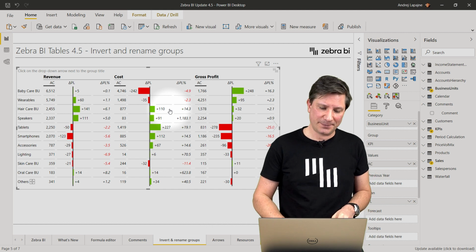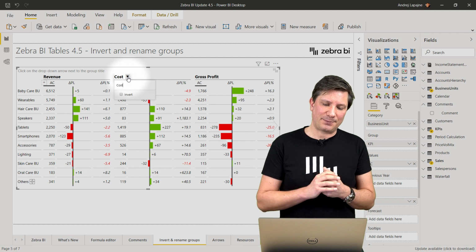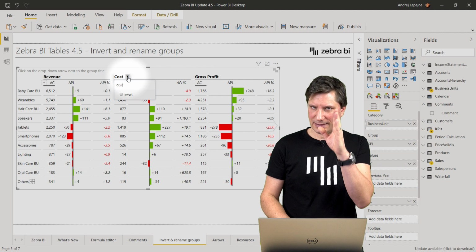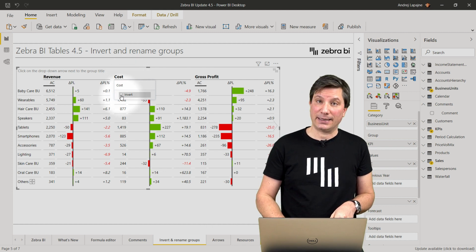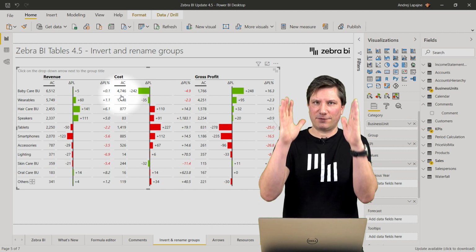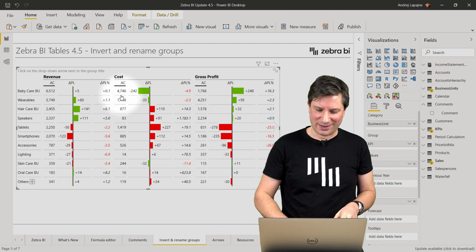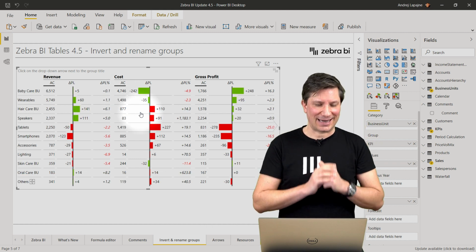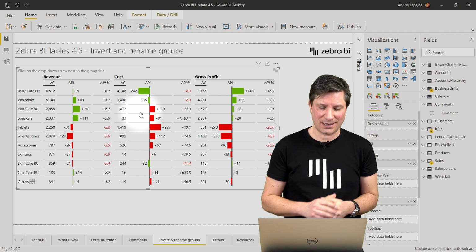But if my costs are growing, right, this is not okay, because growing costs have a negative contribution to the end result, right? So what I can do now is expand, click on this little down arrow next to the title of my costs, and I can simply click invert, which will invert only the part of the table that refers to my costs, okay? So from now on, Zebra BI tables know that this is a bad KPI and will automatically invert the color definitions, okay?